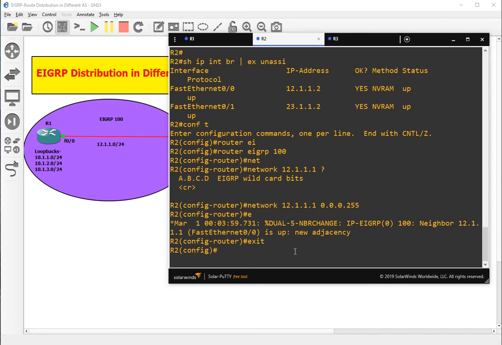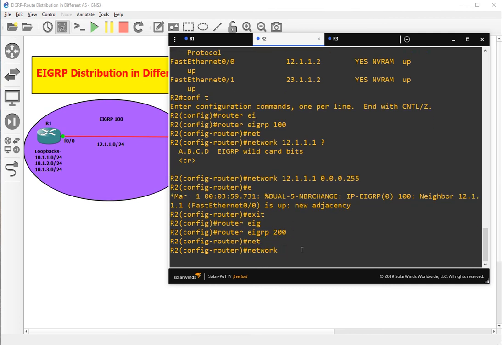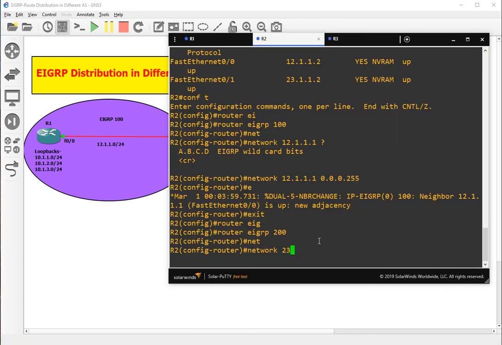Okay, now go to router and create another EIGRP with AS number 200. So towards this hand side we have the 23 network, 23.1.1.0 0.0.0.255. Okay, here we gave 1 by mistake, but it's okay, we will change it in a short while.